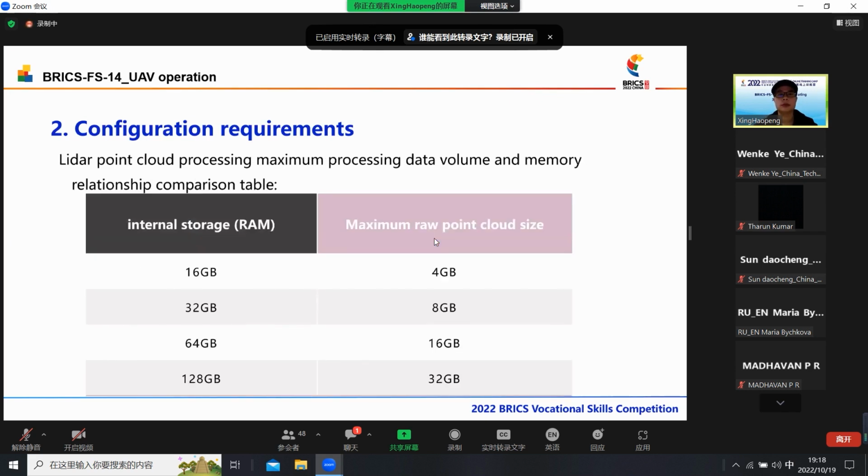Besides, the memory of cluster computing refers to the available memory of the primary node. 内存16GB 最大原始点云大小为4GB。 And here you can see another table. It shows the relationship between the internal storage and the maximum raw point cloud size. 大小为16GB。 内存128GB 最大原始点云大小为32GB。 需要注意的是，一，原始点云大小文件按导入的文件点